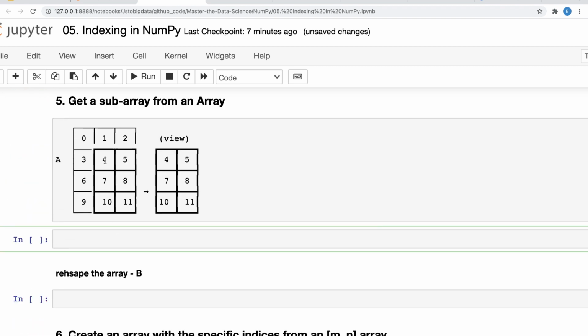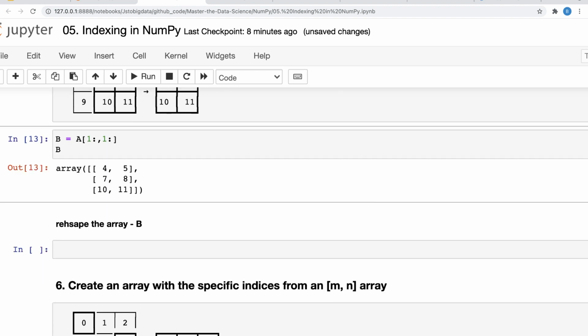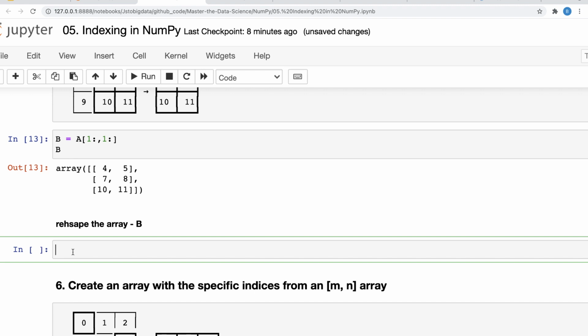So you understand that you want it from, let's say, row 1 and column 1, right? We start like this. So you want, let's say, B, and what you want is from the first row to the end, and then the columns from the first column till the end, and then you specify B. This prints you the array. And now let's say you want to reshape this B. So what you can do is B dot reshape, and you want to reshape it to 2 by 3.